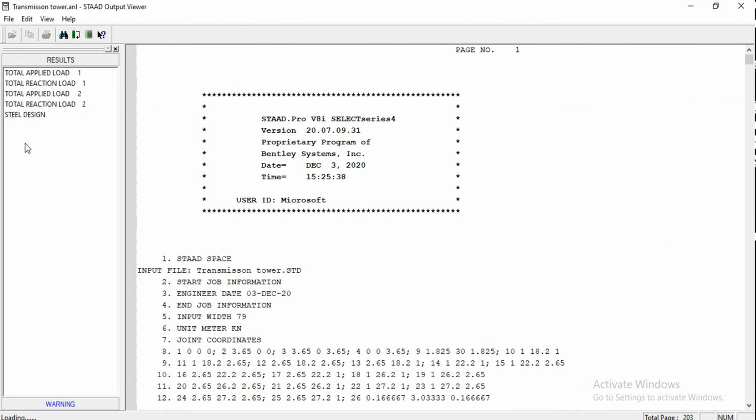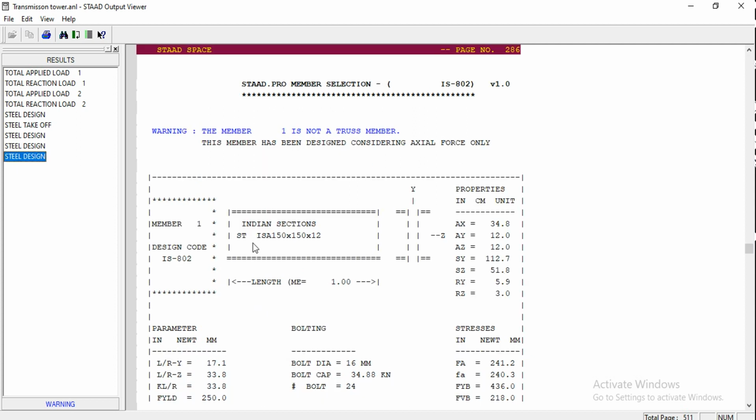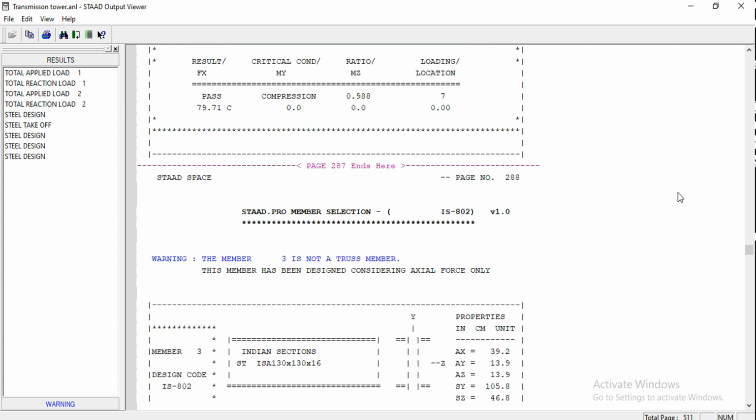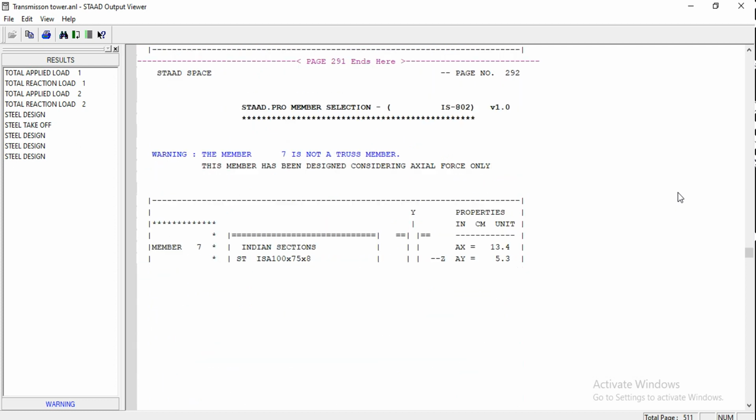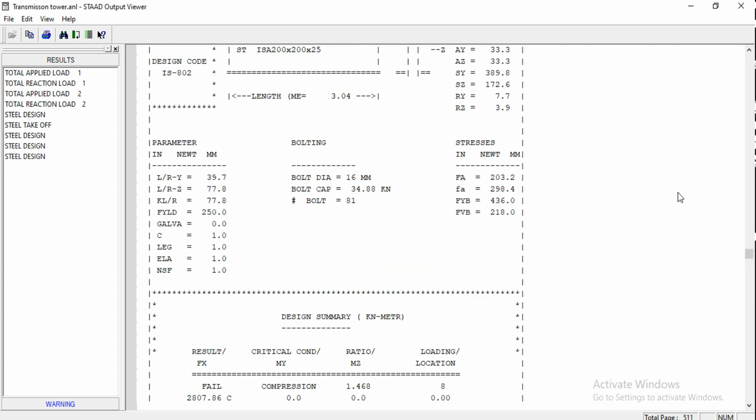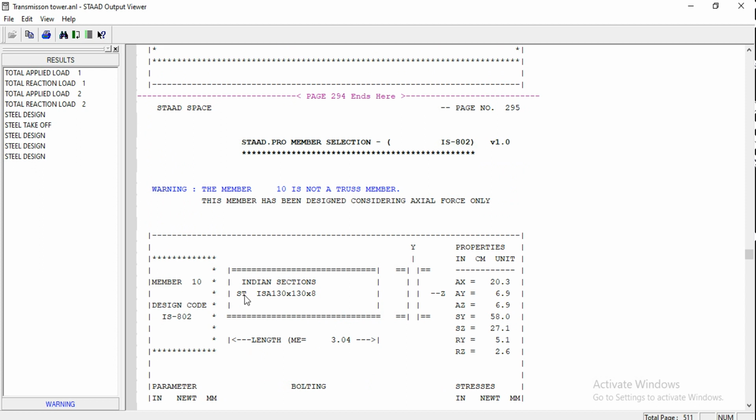And you will be seeing a number of steel design options here, I mean a list of steel designs. So you can select the last one, and you can see that it has been assigned 150 cross 12. Okay, so you can cross check with the first design. We have assigned a 200 cross 150 cross 18 section, but after optimization we got for the same member 150 cross 150 cross 12. So in this way we can optimize the section also, and after this, if in case any failed members are there, all the members will be passed and optimized sections will be assigned there. Okay, for different members, different sections have been assigned here.